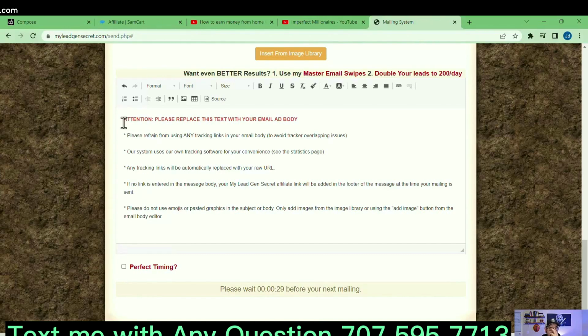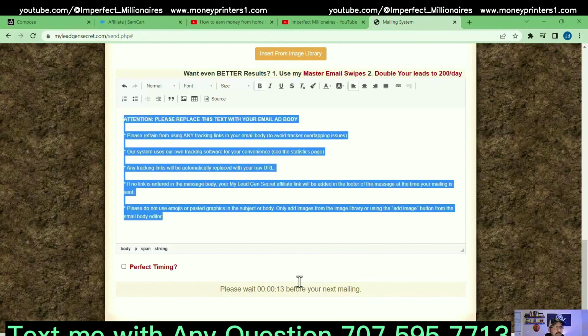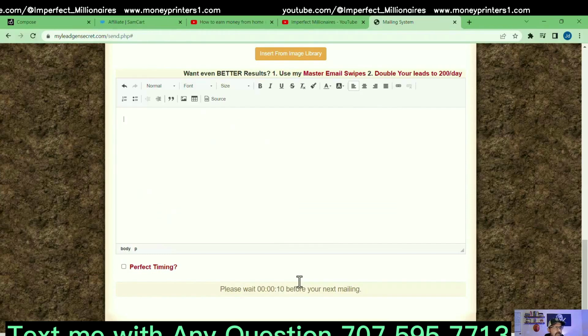So what I always start with, and you can do this however you want, but this is the way that I do it, so I'm just going to show you how I do it. You guys can't see this, but there's a little box in my way here, so I'm going to move that box, my camera tracker. All right. So what I do is I highlight all this, I just hit my back arrow and I erase everything. The reason I do that is it's getting ready for me to put in the body that I want to put in there.